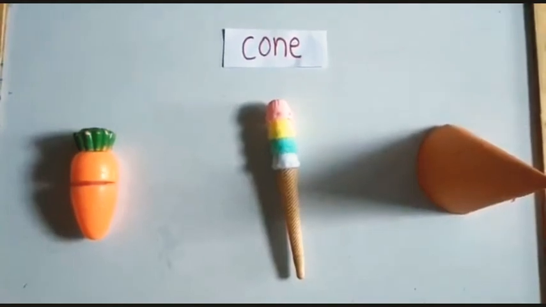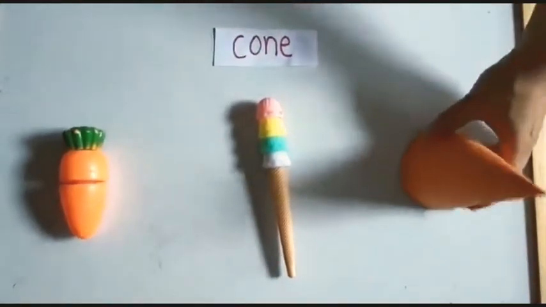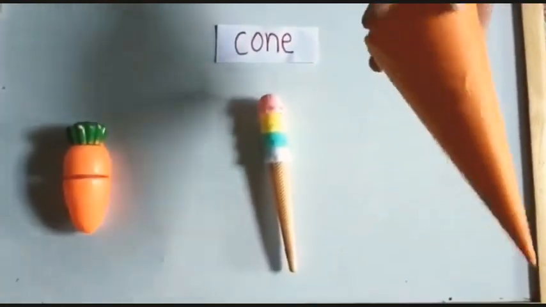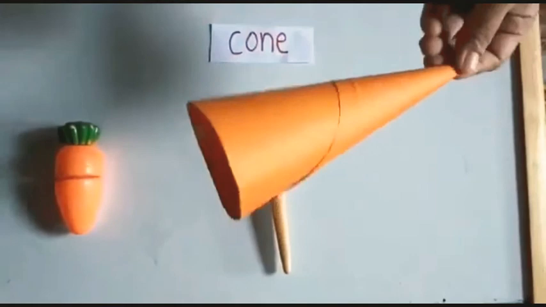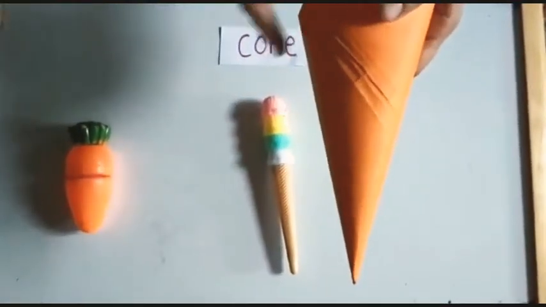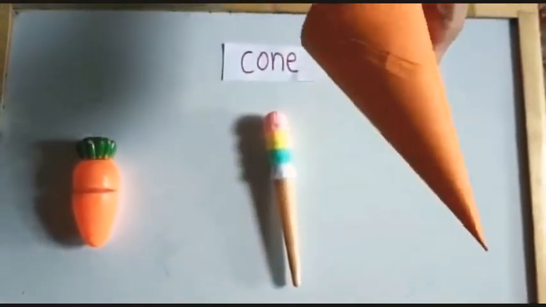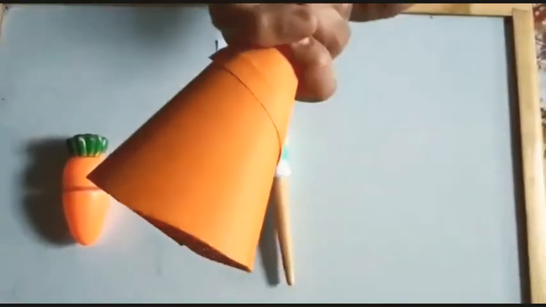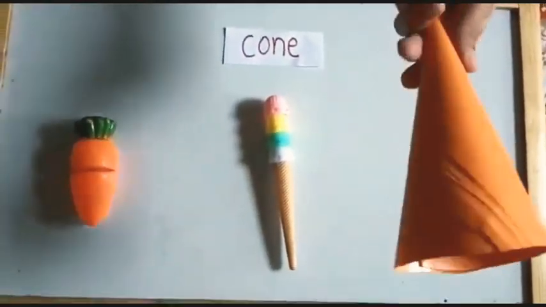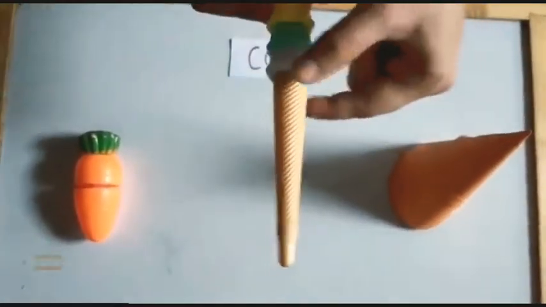Children, this is one more shape. This is called cone shape. Can you see this cone shape? Yes. When you go to a birthday party, it looks like a cone. So which shape is this? It's a cone shape and it has only 1 corner. Can you see this corner? 1 corner. When we eat ice cream, the ice cream seller gives the cone shape ice cream. Yes children? Yes. So it's a cone shape.